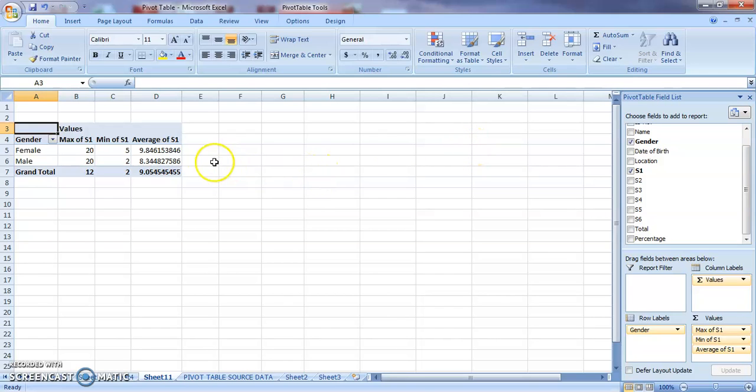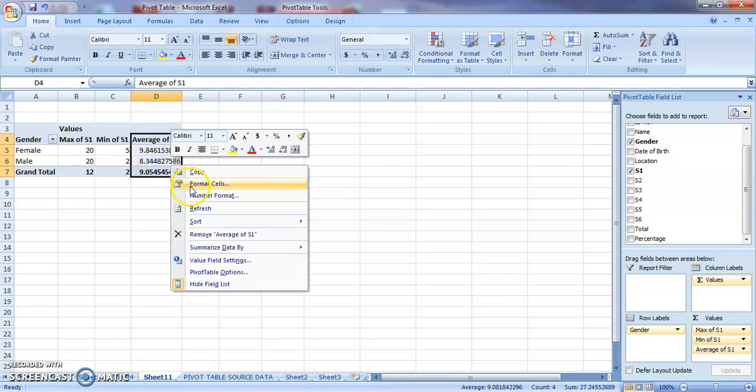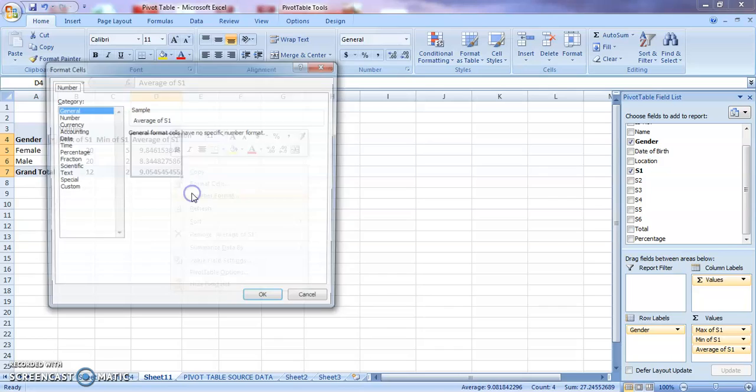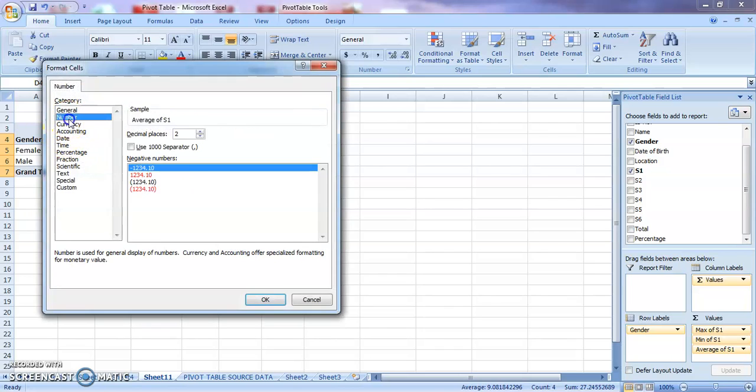Now, if I want to change the format of the average cells, I don't want this many digits after the decimal. What I have to do is select the column and right click. You have format cells as well as number format. You can choose either one of them. Go to number format, choose number, and I am reducing it to 0.